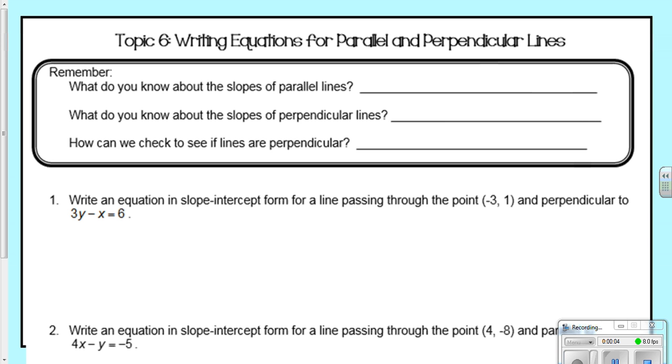Alrighty, so in your notes packet, topic 6, writing equations for parallel and perpendicular lines. This is kind of a combination of topic 5 as well as what you already know about parallel and perpendicular